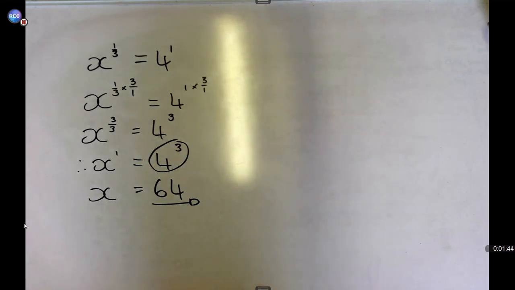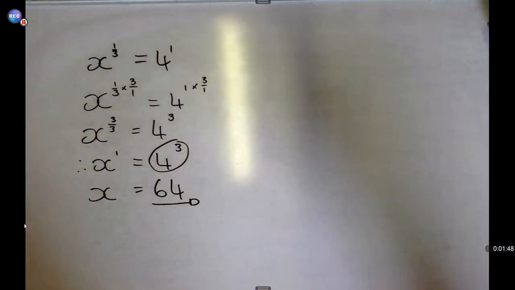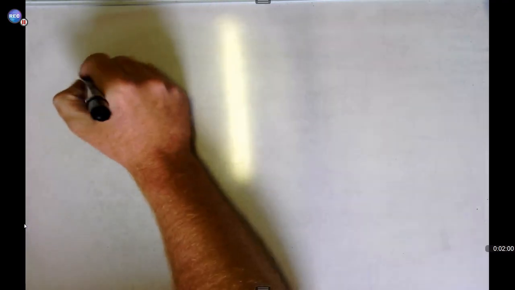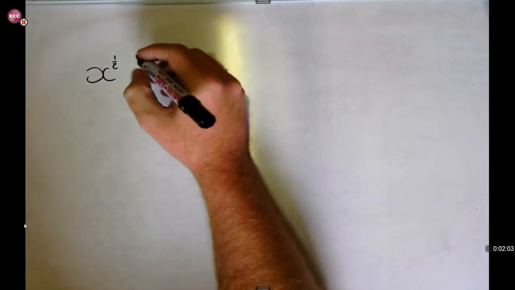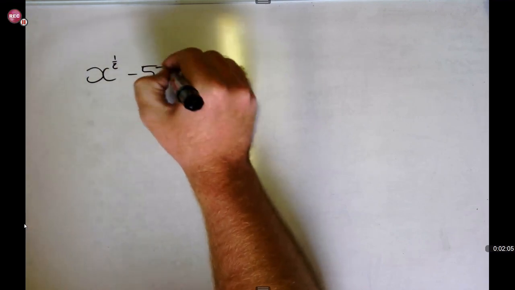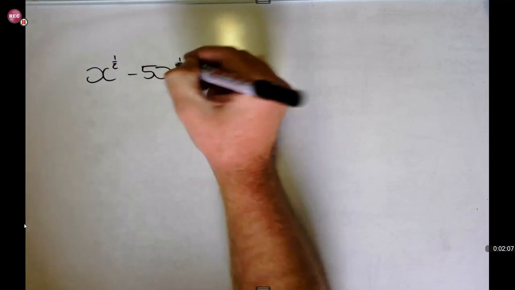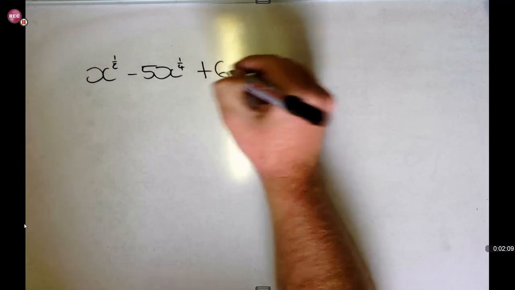A quick and easy question to start off with. Okay. Let's look at our next question. So our next question will consist of factorization as well, okay, because we're going to give you a trinomial. So we'll have x to the power of a half minus 5x to the power of a quarter plus 6